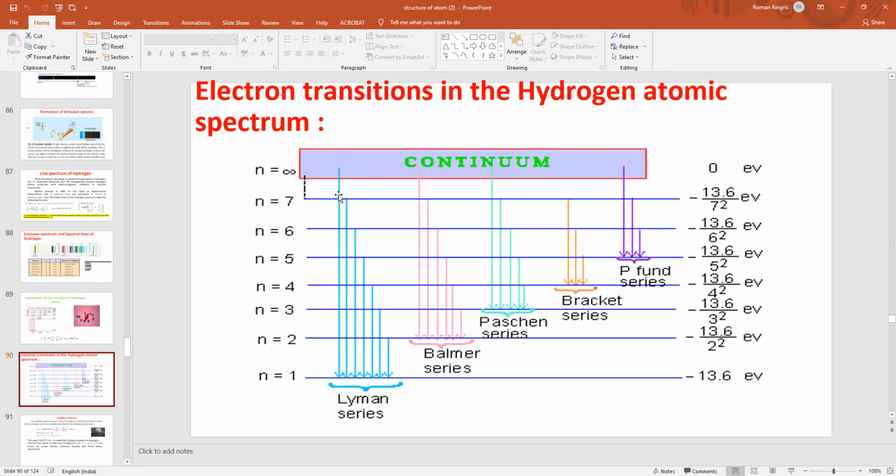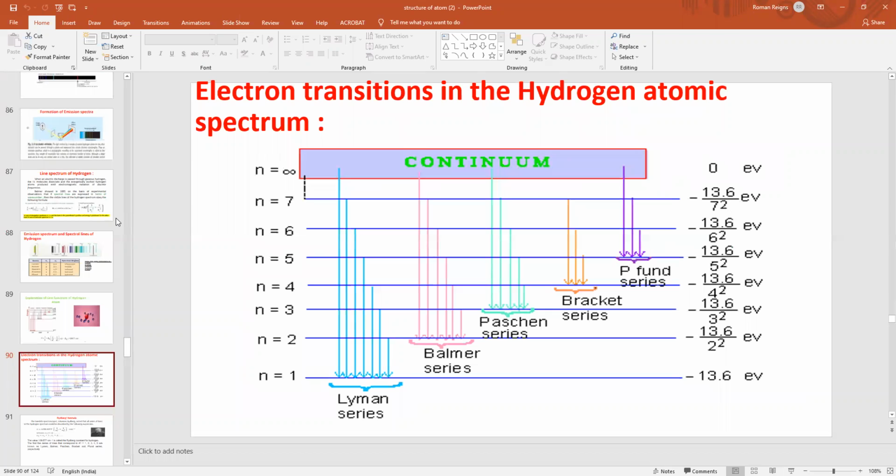As soon as they move to the higher energy level, that is called the excited state. And the excited state is an unstable state, and to gain stability, they will emit energy in the form of radiation and fall back to the lower energy level. And these radiations which are emitted, when they are passed through the prism and obtained on a photographic plate, you can see a corresponding line on the photographic plate, and that particular line is called a spectral line.